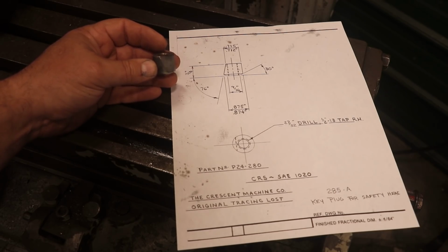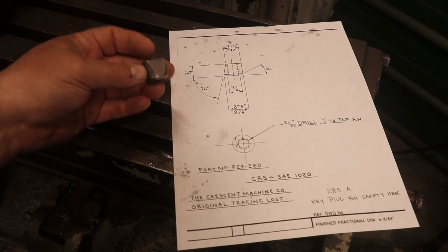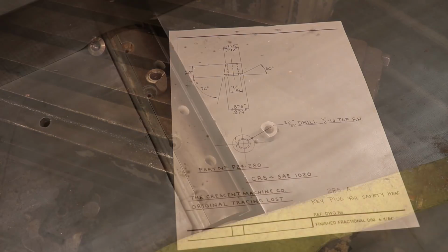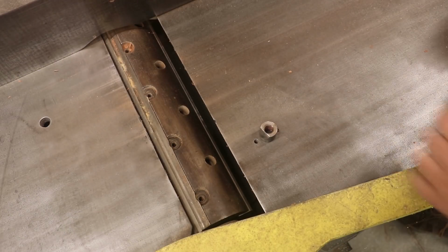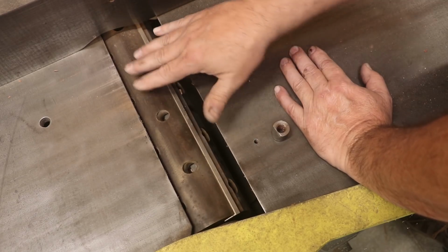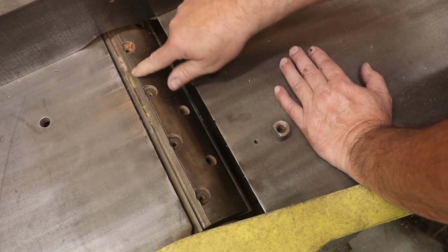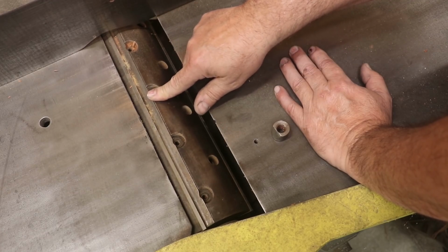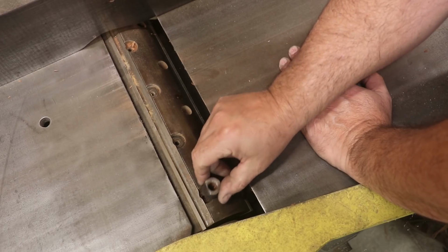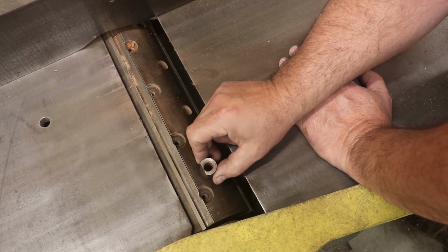And I think what I'll do is, I've actually got a Crescent jointer here in the shop. I'm going to take you back there and show you where these go and how they work, so you get a better idea of what they're for. This is my Crescent 16-inch jointer, the cutter head on here. And if you look on the cutter head, there's a knife, there's what's called a throat plate that's in here, and then the key plugs fit down in these sockets. There's holes drilled down in the casting here, or not the casting, that's steel, but it's drilled down in there